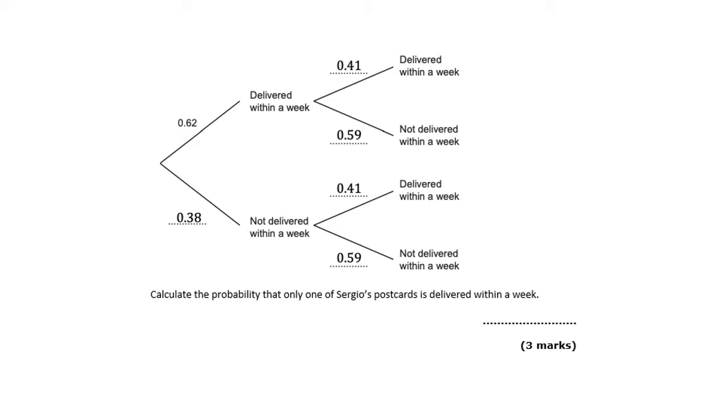Question 8. Probabilities using a tree diagram. We want to know the probability that one of the postcards is delivered within a week. Now that means that one was delivered within a week and one was not delivered within a week. So we could have that the postcard was delivered within a week and the next one was not. Now in order to find that probability, we need to multiply 0.62 and 0.59, which would give us